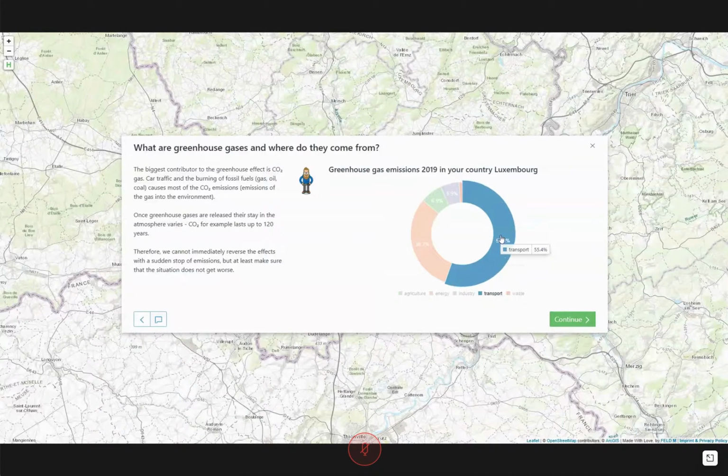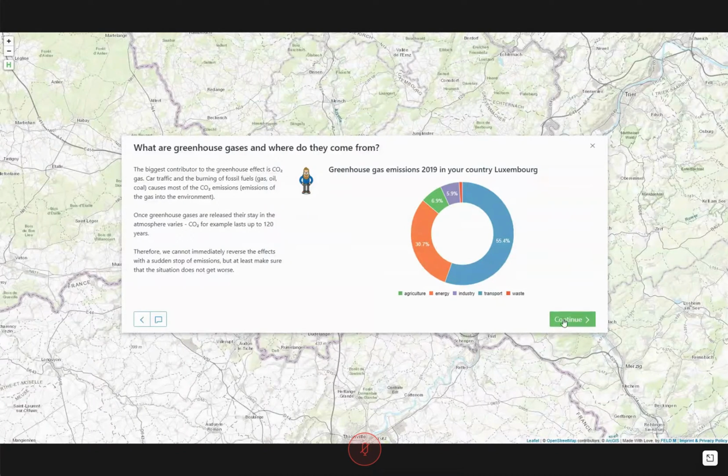We can hover over this donut chart, and we see that in Luxembourg more than half of the greenhouse gas emissions were caused by the transport sector, around a third by the energy sector, and agriculture, industry, and waste are just minor contributors. And here on the left, there are some more descriptions.